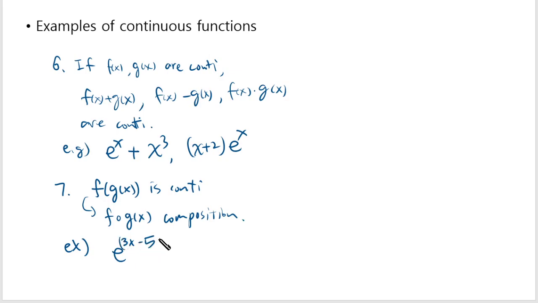Now this is a continuous function because if you set f of x as e to the x and g of x as 3x minus 5, they're separately continuous, right? Exponential functions are continuous, polynomials are continuous,